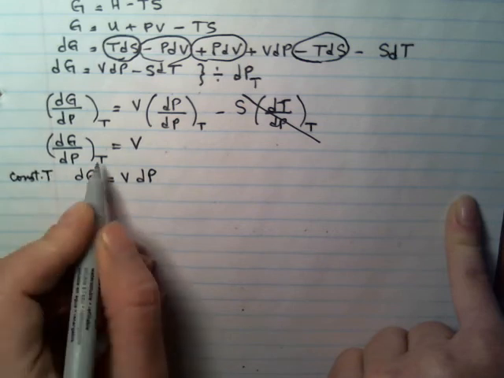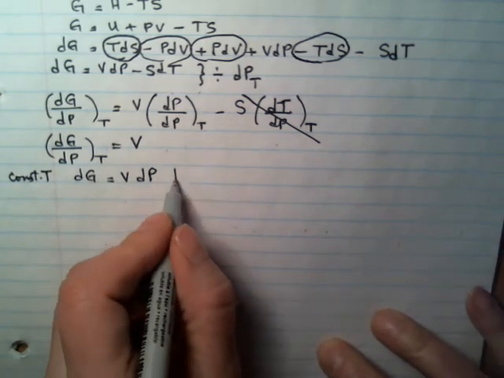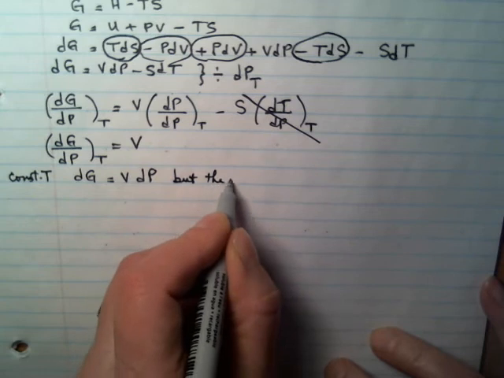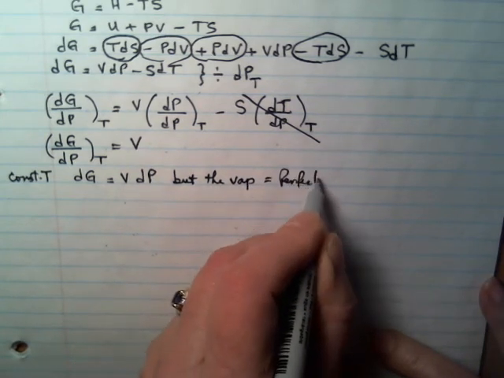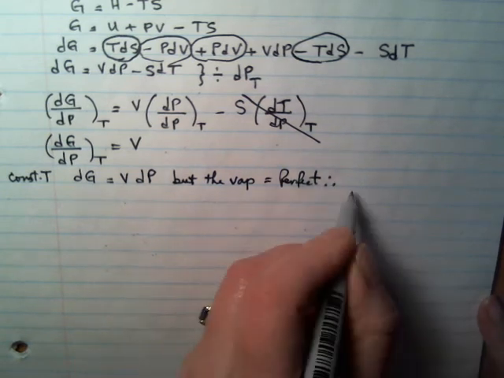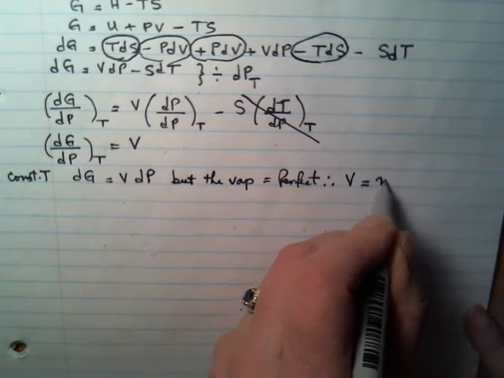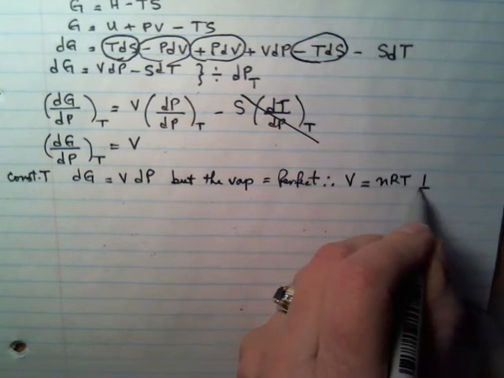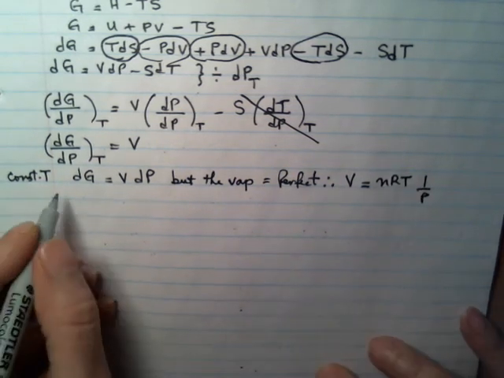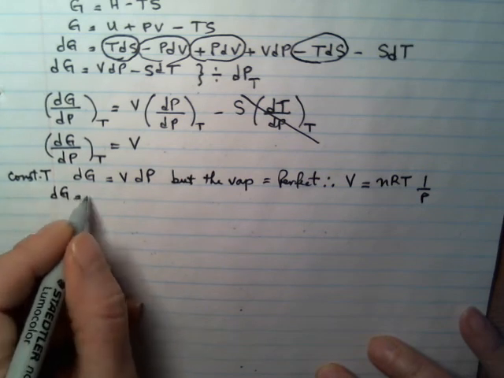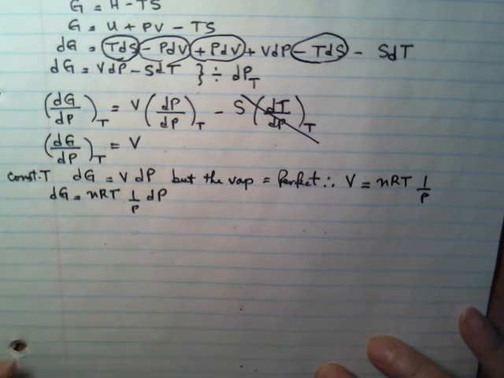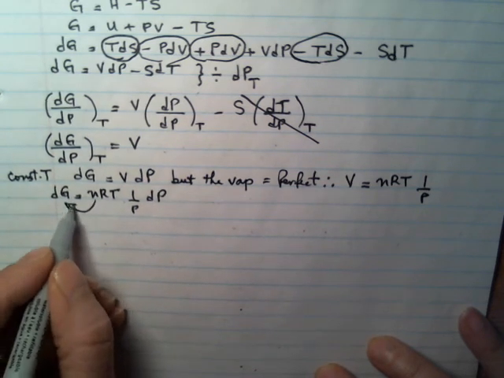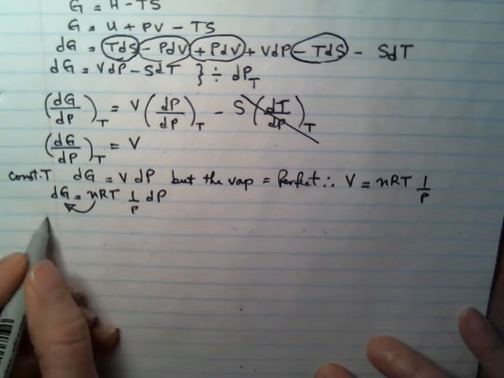It's not apparent anymore because I've removed it. Okay, but the vapor is taken as perfect or ideal. And therefore, V can be written as nRT over P, and I'm going to write it nRT times 1 over P, so that I've got dG equal to nRT 1 over P dP. And you know what we're going to do next? Before that, I'm going to divide both sides by n,